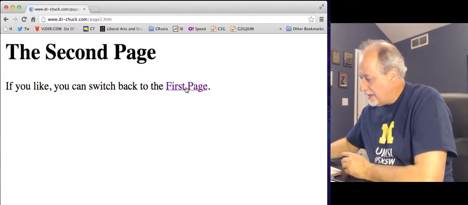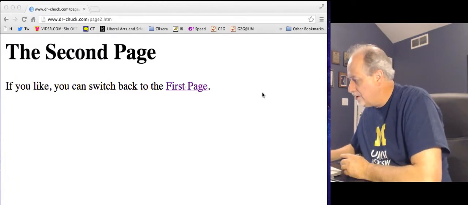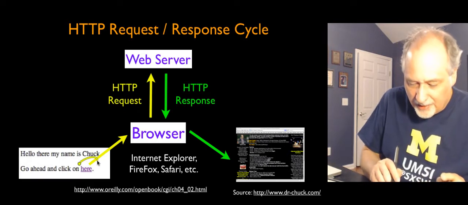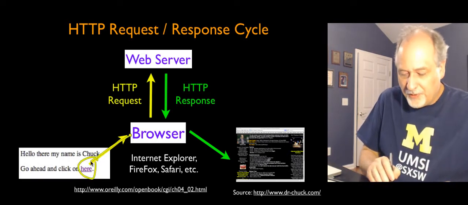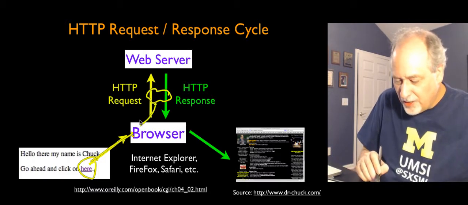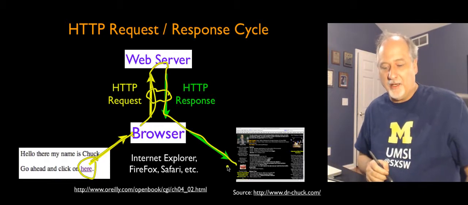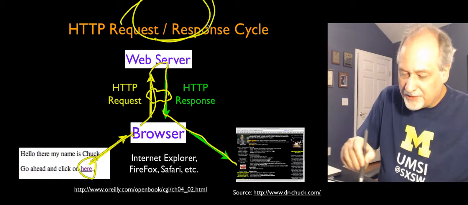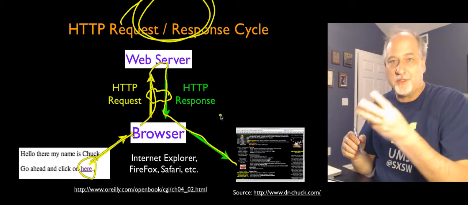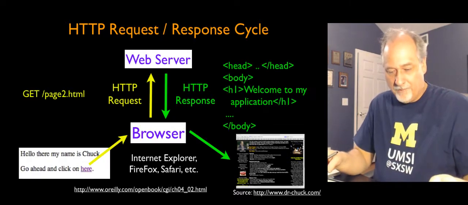Okay? And so that is the request response cycle that is triggered by me making a click somewhere in my browser. The browser sees the click. It opens a connection. This is sort of the internet over here. It makes a connection, requests a document. The document comes back, and then the new document is displayed. The request response cycle. Click, request, response, display. Click, request, response, display. So let's take a look in some more detail as to what's really going on here.